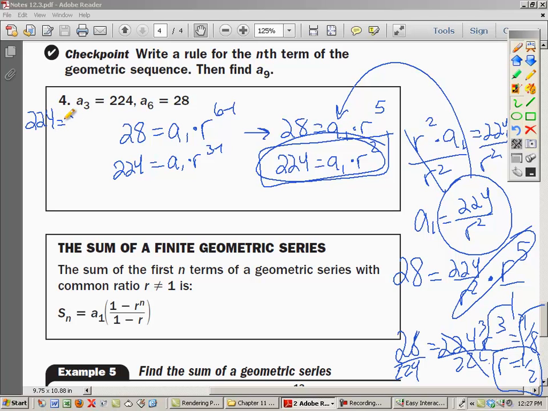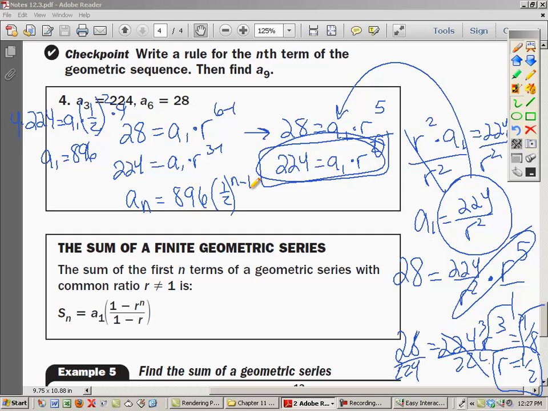224 is equal to a sub 1 times 1/2 squared, because again, this is r squared. So 1/2 squared is a 4th. To get rid of a 4th, we multiply both sides by 4. And I get a sub 1 is equal to 896. All right? So then a sub n is equal to 896 times 1/2